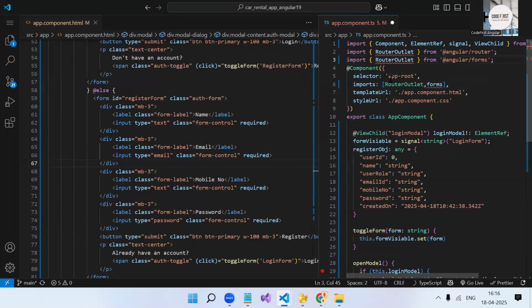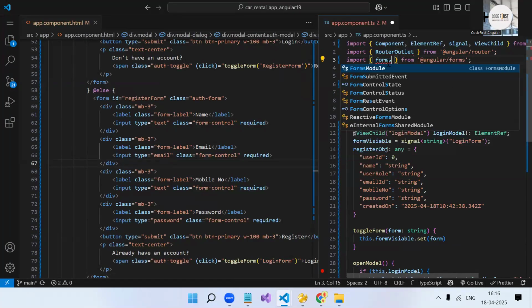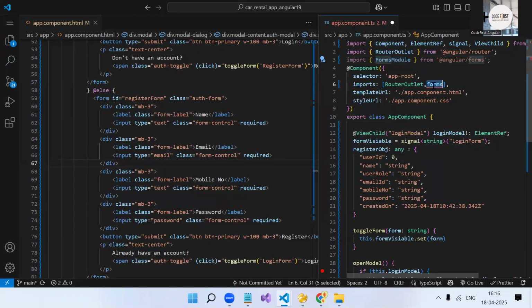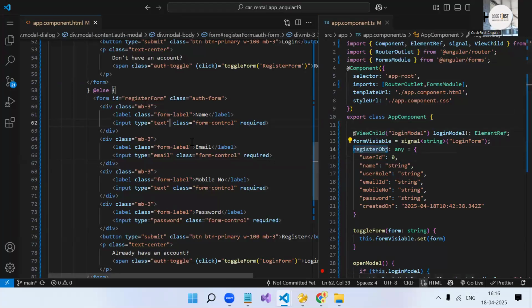Forms module. This you have to add over here. Make sure if you have to use ng model, you have to import forms module in the component itself, in the standalone. Okay. Now this object, we can bind it over here. So square bracket, round bracket, ng model is equal to